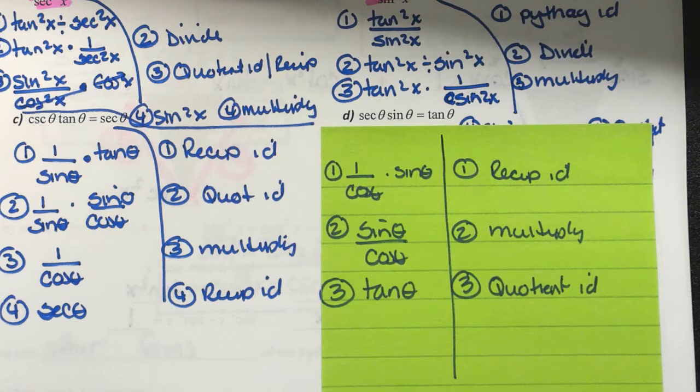All right, and for D, this is what you should have come up with. Again, this is what I got, 3 steps. Started by changing secant into 1 over cosine, and then you multiply, and then you have the quotient I need. Okay? So any questions on these? Like I said, we're spending